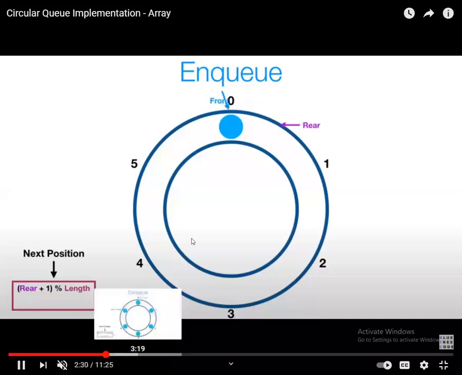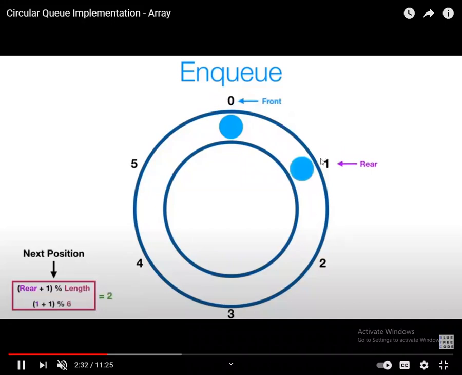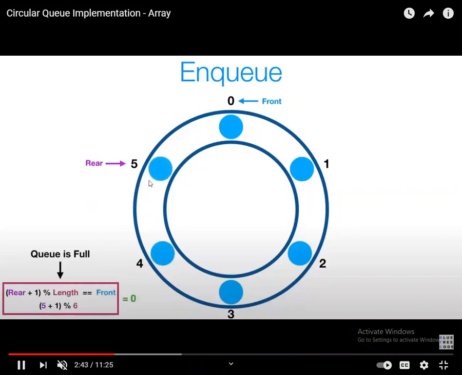So you can see here, you inserted the first element, and the rear increments. The second element is inserted, so the rear increments again. When you insert the third element, up to the fifth element, the queue size is 5. When the queue size is 5, we say that the queue is full. All of you, don't put the attendance, try to understand.